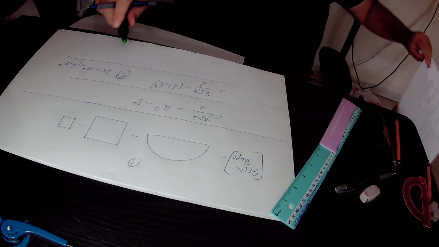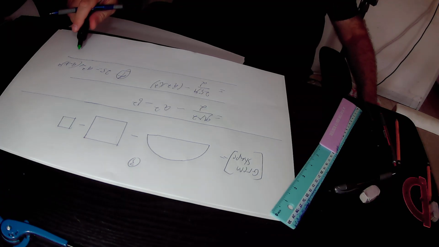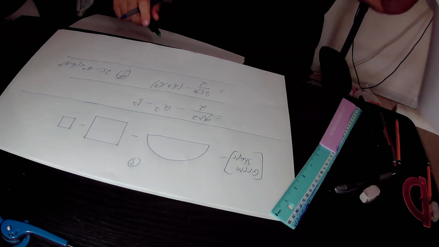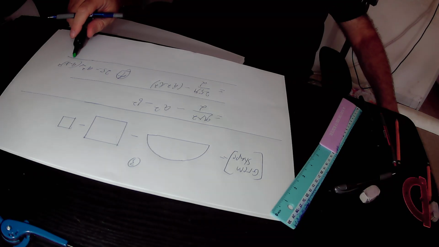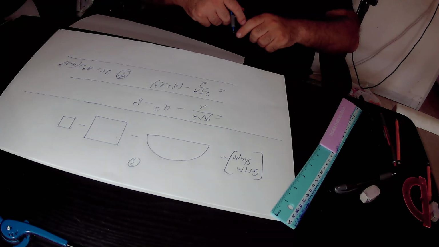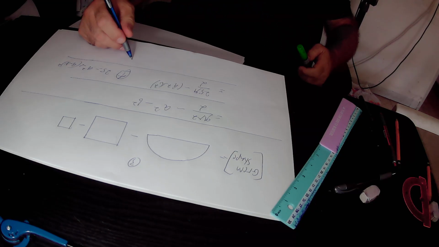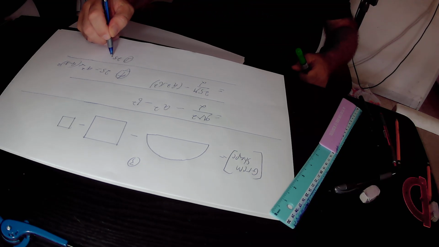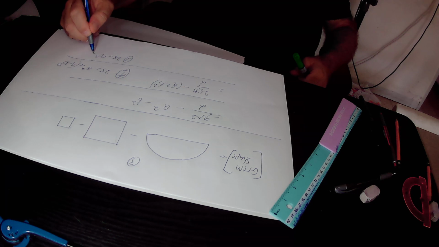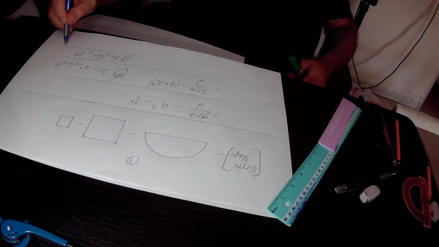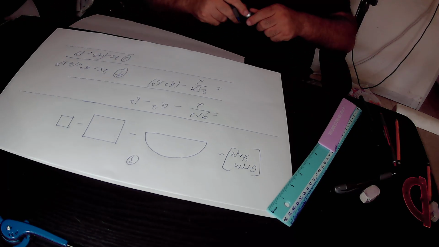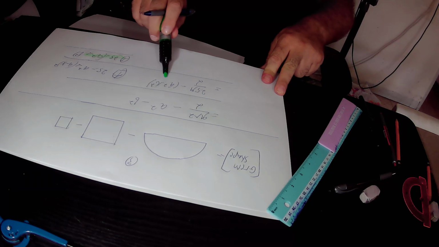So in equation 1 we have 25 equals A squared plus (A minus X) squared, and we just found out that (A minus X) squared equals B squared. So we substitute (A minus X) squared in equation 1 by B squared. And we get that according to equation 1, 25 equals A squared plus B squared. Therefore, we can substitute A squared plus B squared